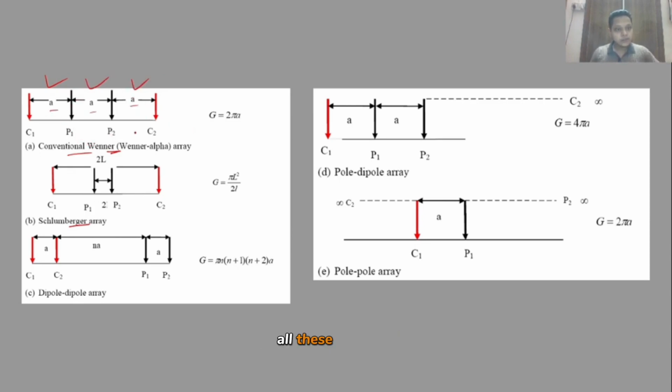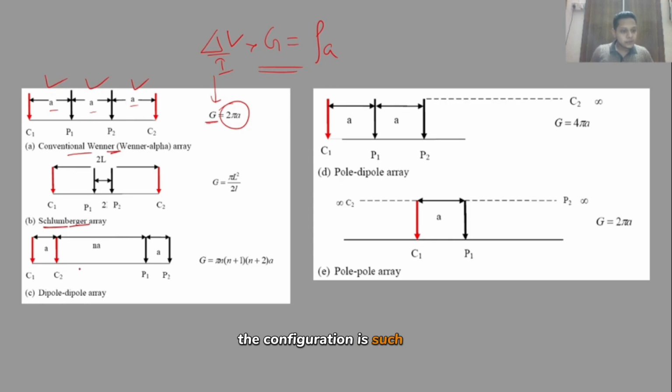So if you put all these values in the formula we have just derived, you can calculate the geometric factor, which is represented here as capital G, which comes out to be 2πa. You can simply write it down as ΔV by I into the geometric factor, which is going to give you the apparent resistivity. In the Schlumberger array, the configuration is such that your potential electrodes and current electrodes are quite distant